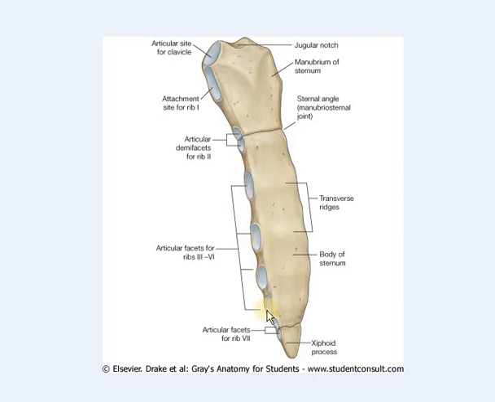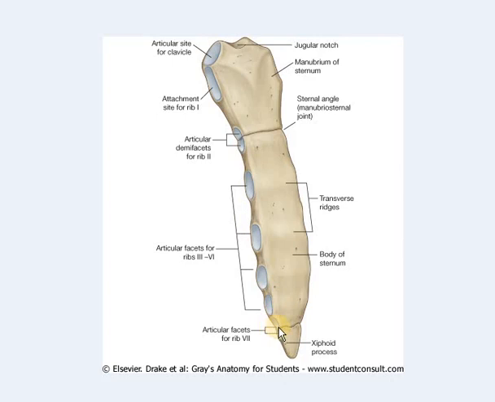Now comes the lateral border. You can see that the lateral borders have articular facets. As I told you earlier, there is a demi-articular facet on the upper part of the lateral border of the body of the sternum for the articulation of the second rib. Similarly, below the demi-facet you can find a facet for the third rib, fourth rib, fifth rib, sixth rib, and